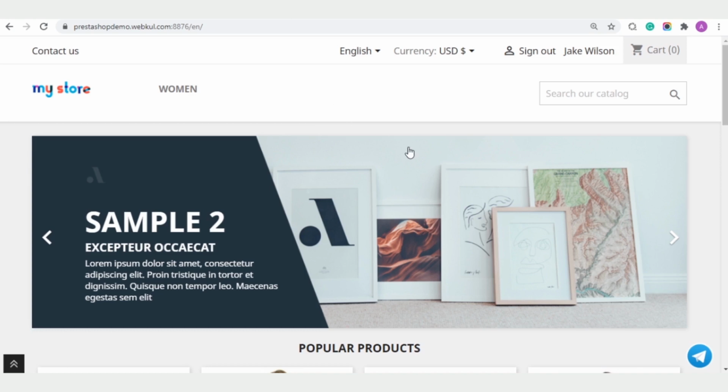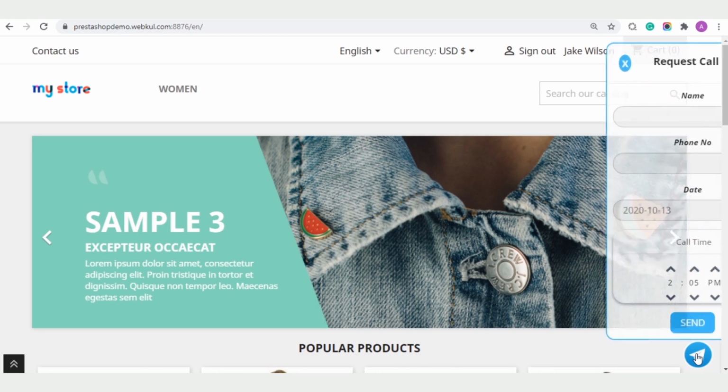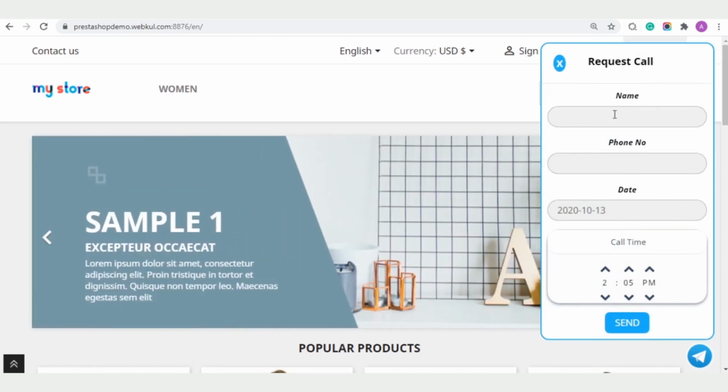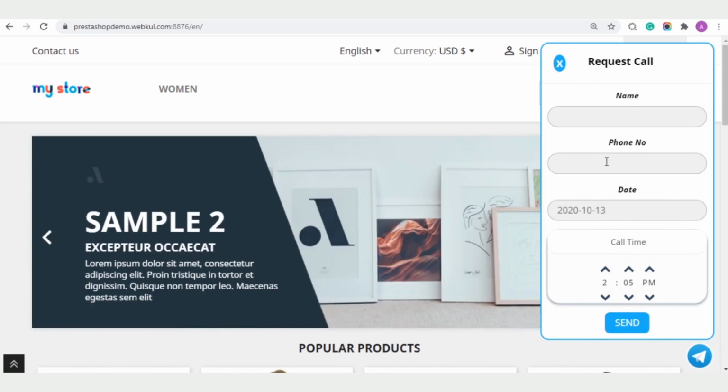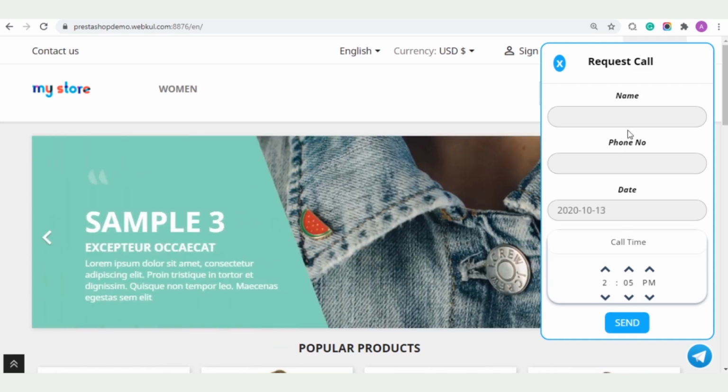When a customer visits the store, he can view a callback request icon. On clicking this icon, a callback request form appears on the screen. In the form, a customer has to mention his name, phone number and select the preferred date and time of call.